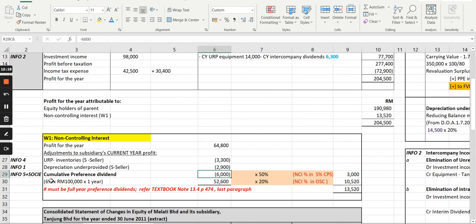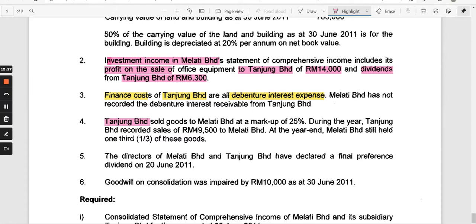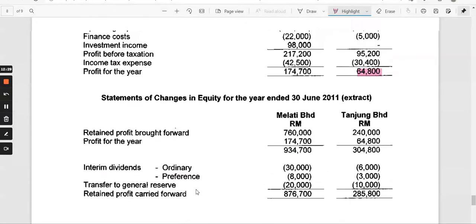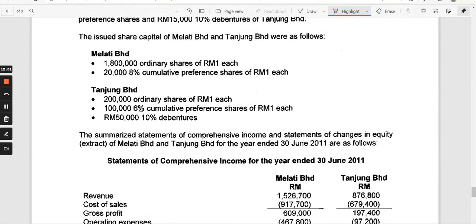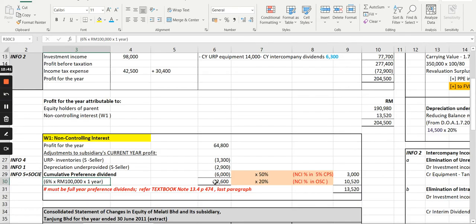How do you get 6,000? 6% from the amount of the preference shares in the subsidiary. The rate is 6%. So if you can check here, it was at the beginning 6%, and 100,000 is because 100,000 times 1 ringgit. So that will give you a total dividend for the year of 6,000. So you need to provide that. Out of this 6,000 that you have,